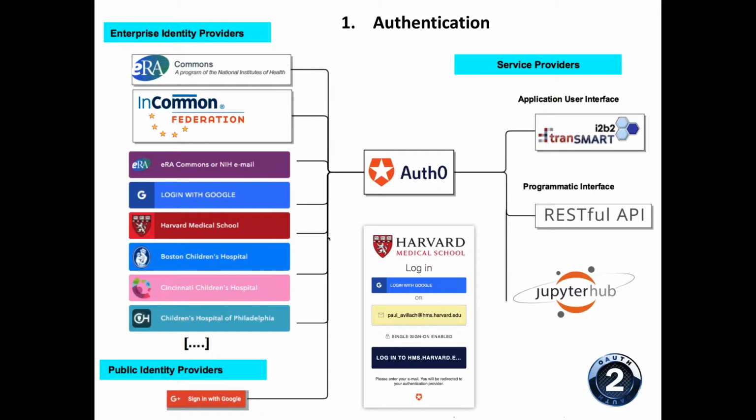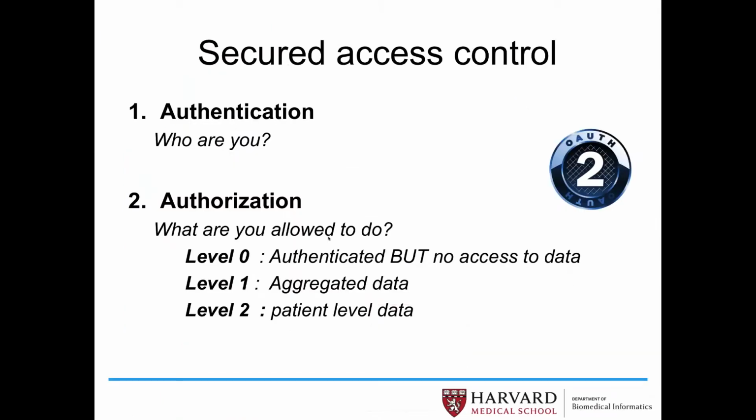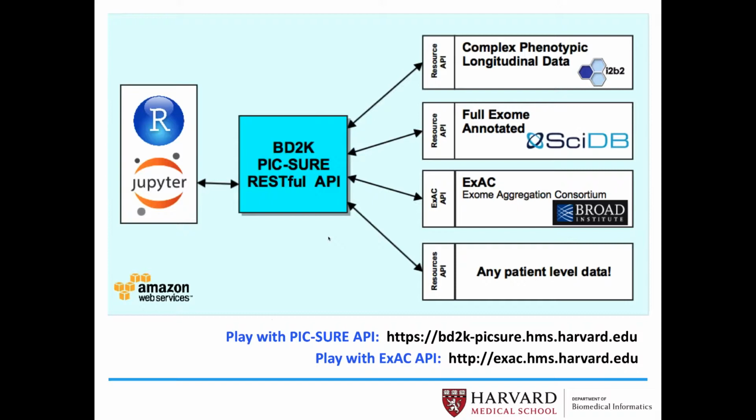And then, based on this, to be able to access all our platform, either the user interface of I2B2 Transmart, or the RESTful API, and that's what I'll show you in demo, or the Jupyter Hub in order to do the reproducible science. So the first part, the authentication, and then the second part, the authorization, which has to respect two standards, to make sure that someone who's first authenticated is authorized, to make sure that they are allowed to access